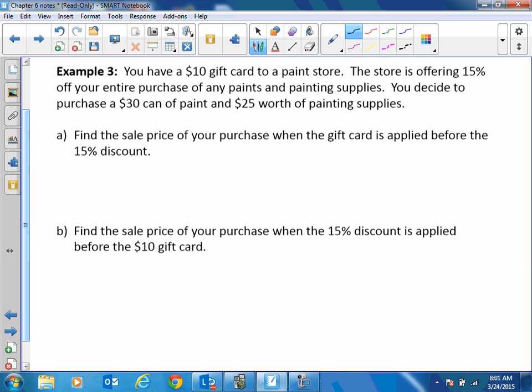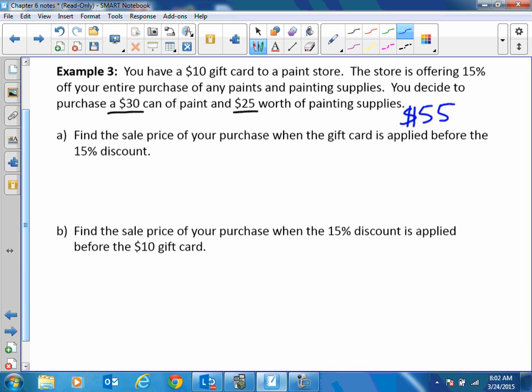All right, so the first thing we're going to do is find out, you bought a $30 can of paint and $20 worth of painting supplies. So you add those together. Your total amount spent is $55. Okay, but we're going to leave that till the end. All right. First, it says